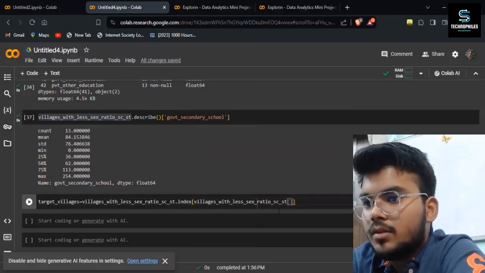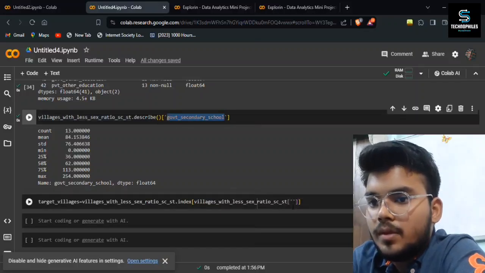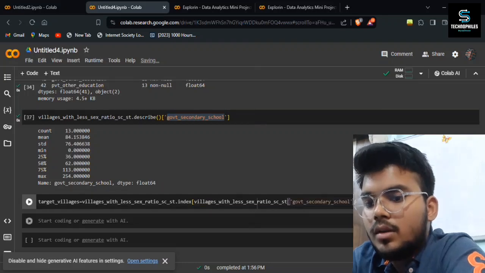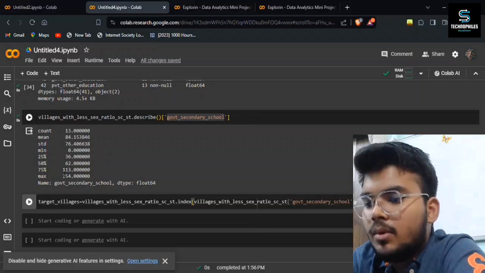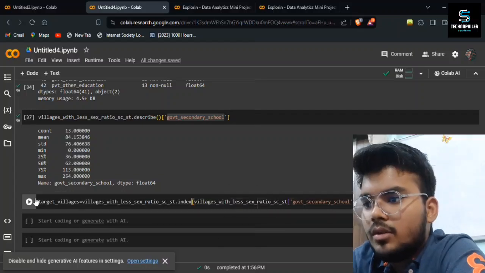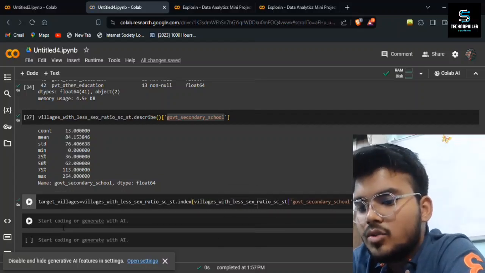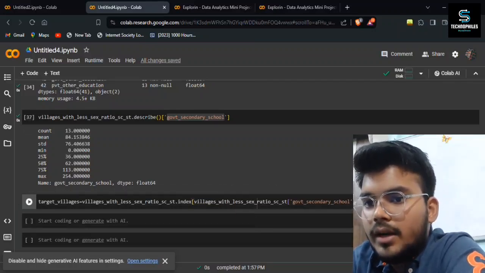This thing, let's see, government secondary school less than, let's say here we have 113, we take about 115. So if I execute this line of code and I store this data in the form of list, right,